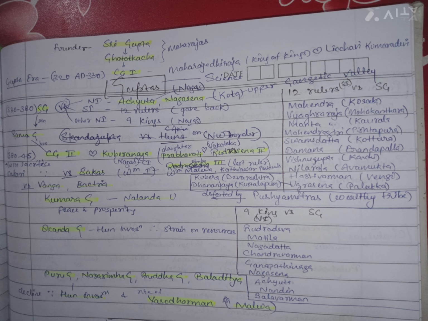He gave his daughter Prabhavati in marriage to the Vakataka prince Rudra Sen II. The political importance of this marriage lies in the fact that the Vakatakas occupied a geographically strategic position in the Deccan. This alliance served a useful purpose. Then Chandragupta II undertook his campaign in western India against the Sakas.